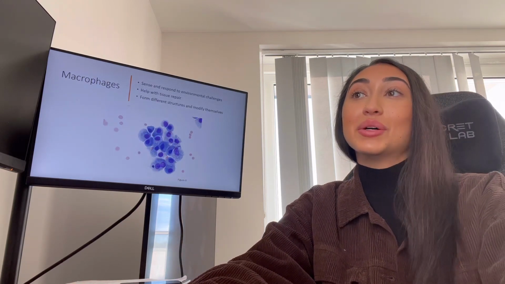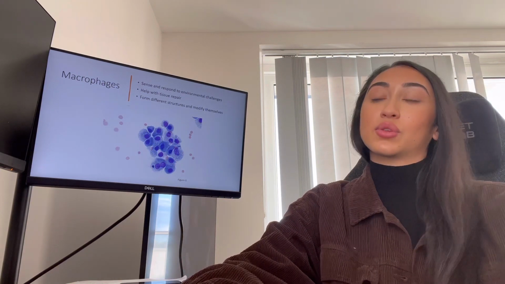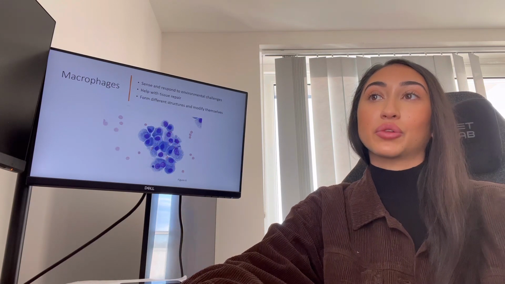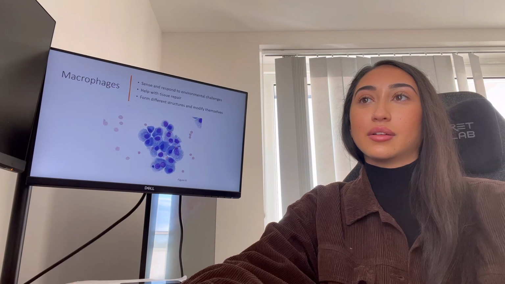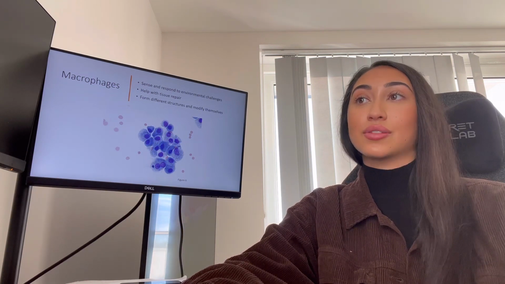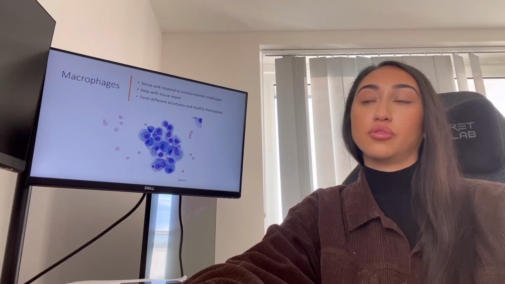Leukocytes are the cells that are involved in seeking out and destroying disease-causing organisms or substances. An example would be a macrophage. The role of macrophages is to sense and respond to environmental challenges and pathogens to help with tissue repair after